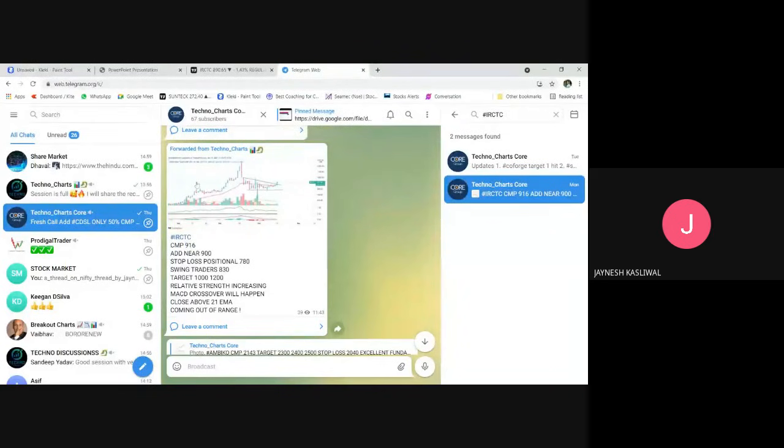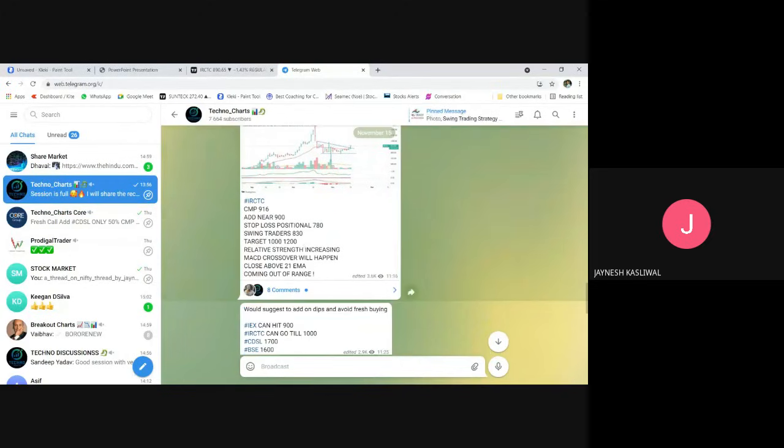सीएमपी 916, और ये तो मैंने फ्री ग्रुप में शेयर किया था। ओके, ये तो फ्री ग्रुप का कॉल था जो मैंने सभी के साथ शेयर किया था। स्टॉप लॉस नियर 700, ओके सॉरी, स्विंग ट्रेडर स्टॉप लॉस 830 रुपीज। ये मेरा नहीं है, ये पोजिशनल ट्रेडर्स के लिए दिया था, 830 रुपीज।